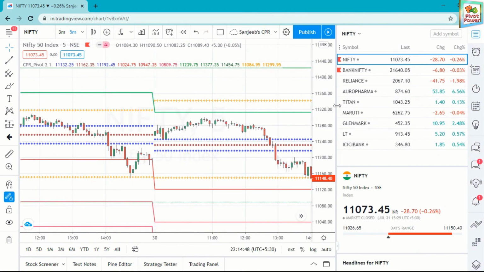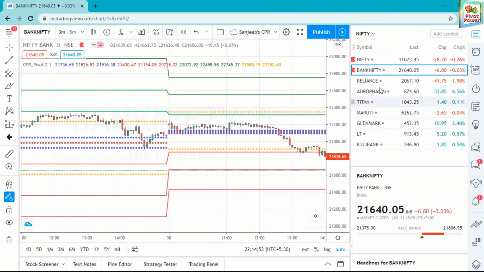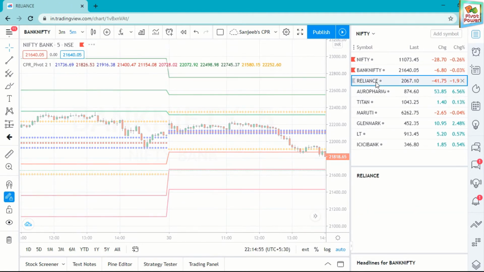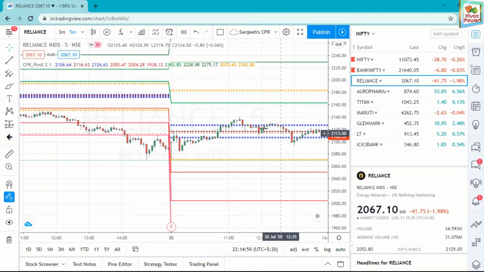If this is Nifty, you can change to Bank Nifty, it will come. You can change to Reliance, for all it will come. It will work for all, no issue.